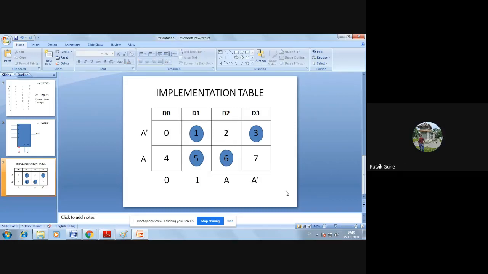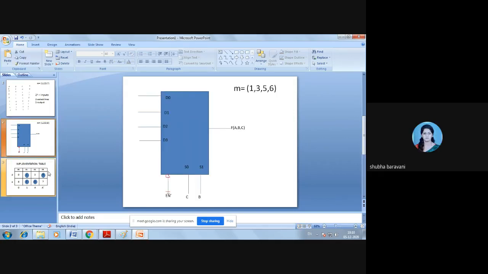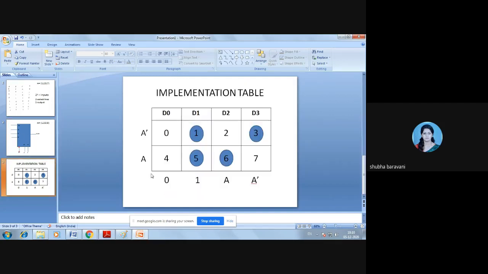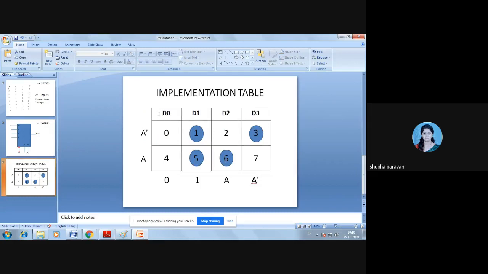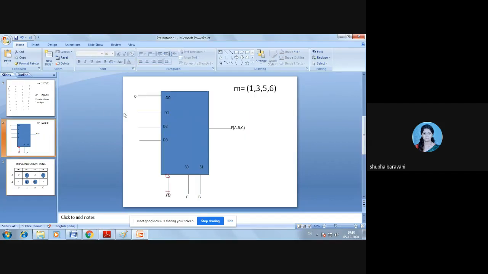Yes, ma'am. So referring to this, I'll give the inputs to this. Where do we connect D0? D0, I have connected to logic 0. D1, I have to connect it to logic 1.